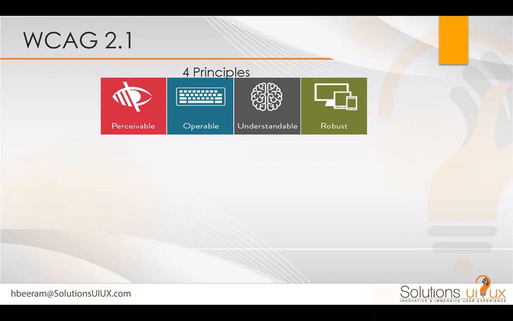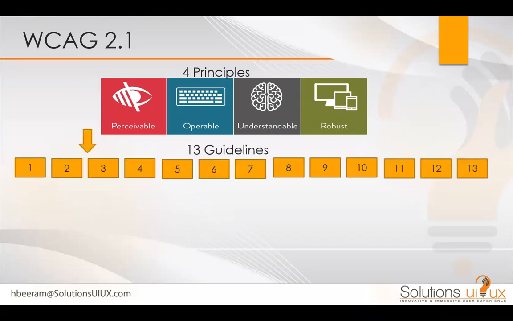So it's four principles, and with these four principles are 13 guidelines. Just making a mental model in your understanding: four principles, and every guideline follows the four principles. So these 13 guidelines follow all of those four principles, right? When you meet all these 13 guidelines, you are golden, but it is bigger, right?